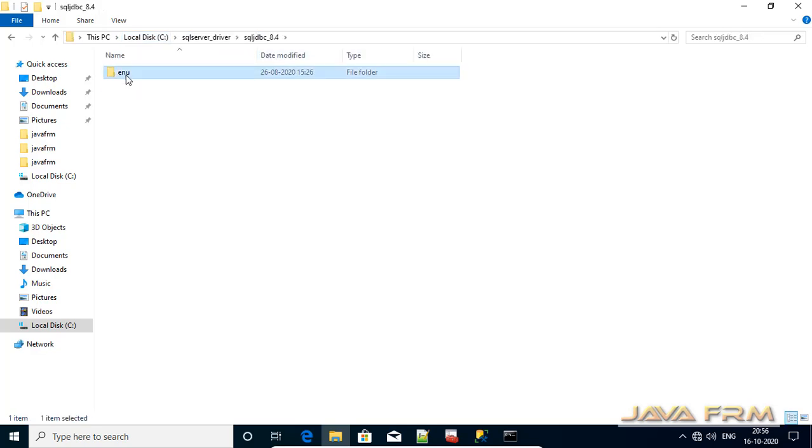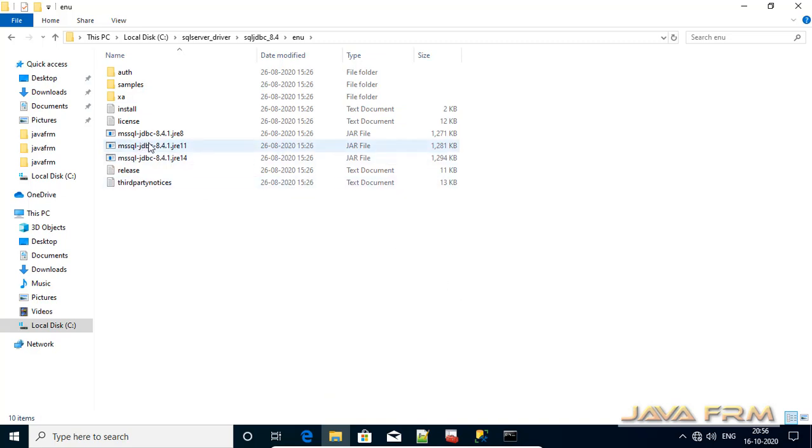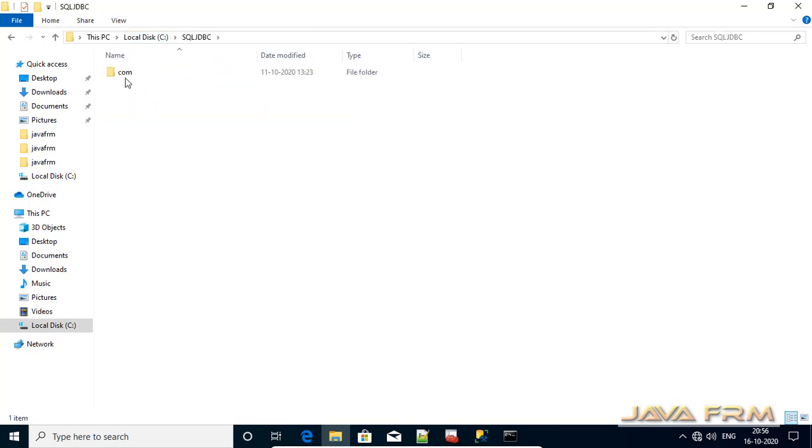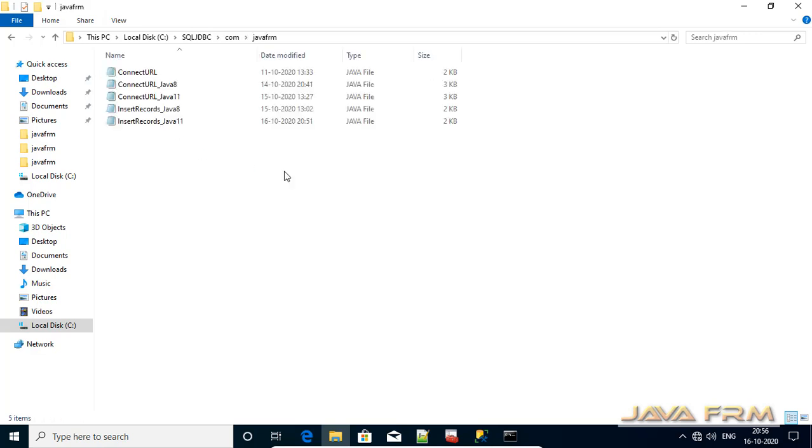Next, a very important thing: you can see that the Microsoft SQL JDBC driver for Java 11 jar file is downloaded and copied to this directory, mssql-jdbc jre11.jar. We are going to use this jar to connect to SQL Server 2019 using Azure Zulu OpenJDK 11.